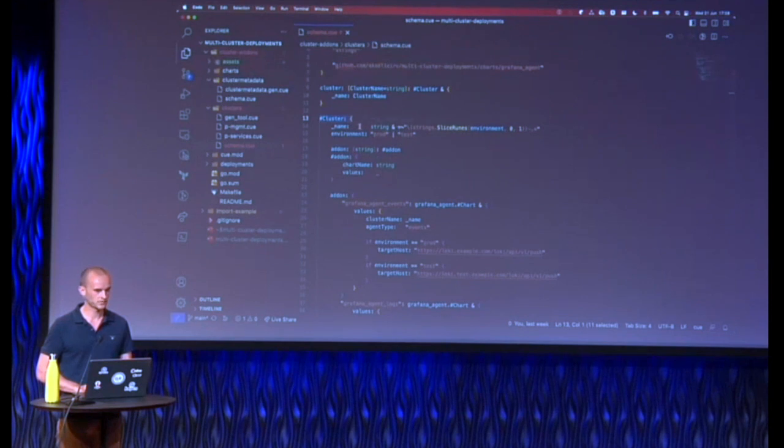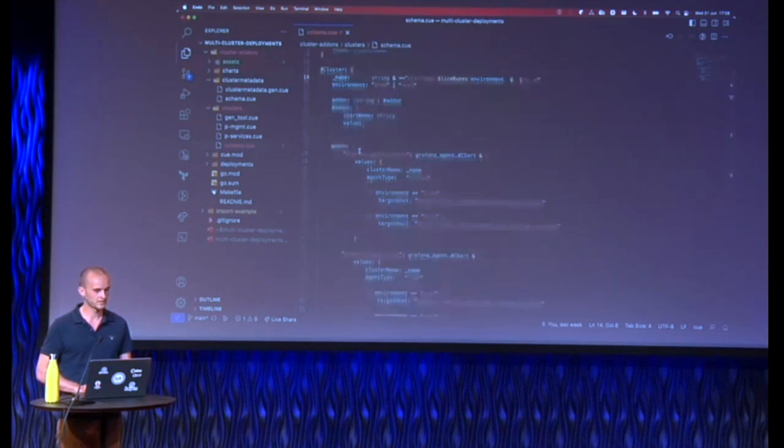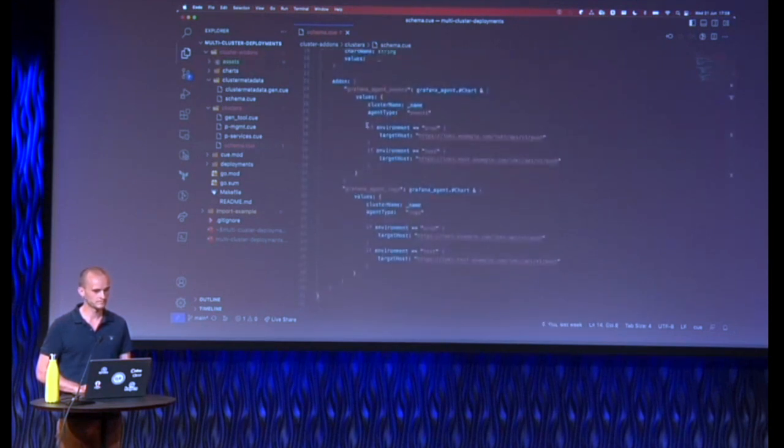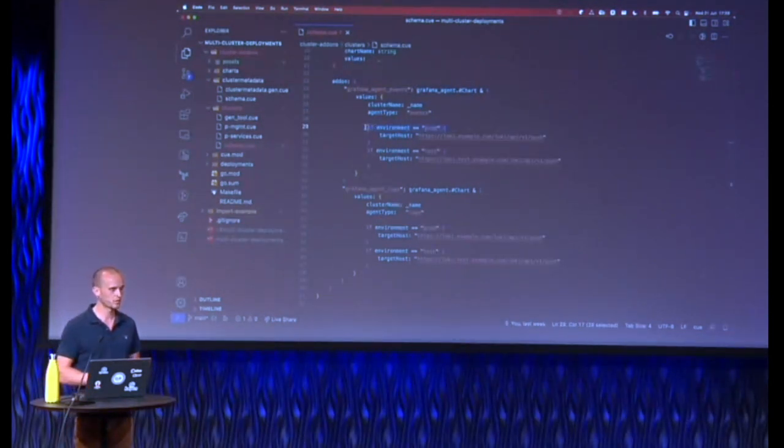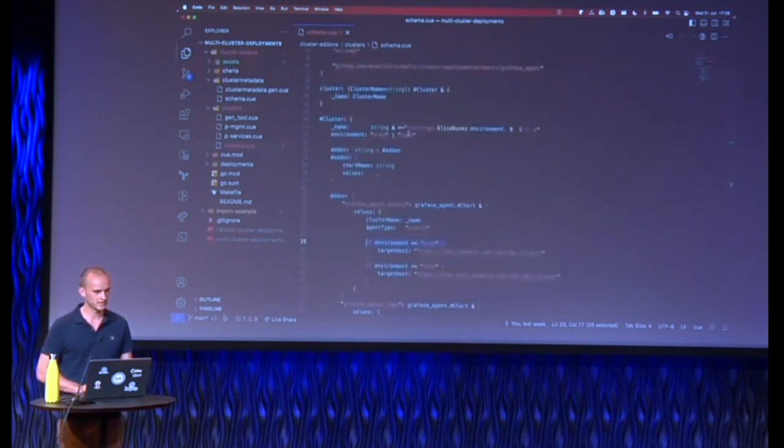And I take for example, in this case, I give it a set of default add-ons. So these add-ons must be deployed for every cluster. So here I take the Grafana Agent chart and rename it to the add-on called Grafana Agent Events. And I say that the agent type should be events. But here I'm also saying that if the environment is prod, and that I can know that that's the only